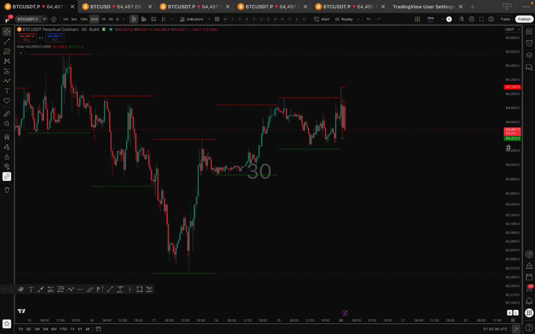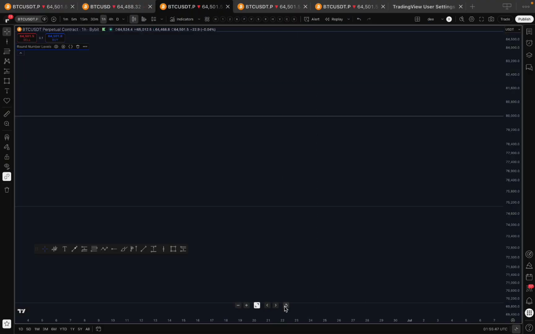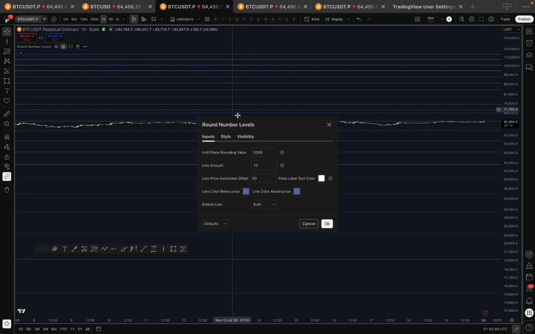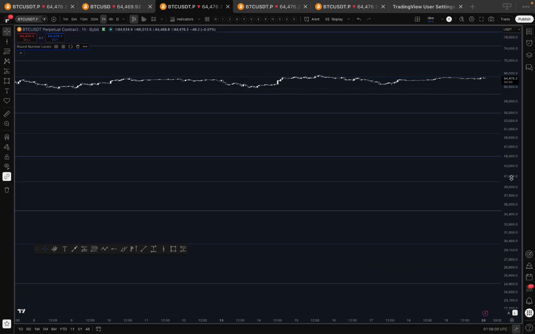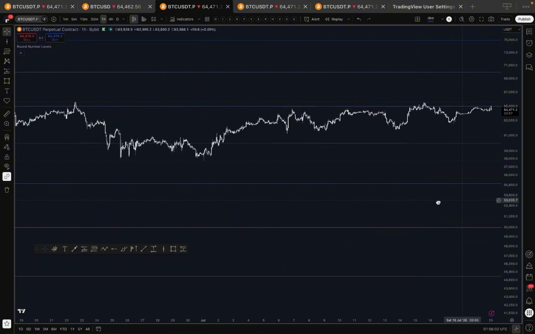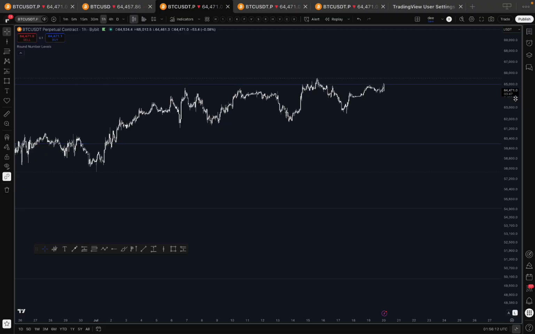Now, another area where you can spot high liquidity, other than previous day highs and lows, is round numbers. When I say round numbers, I'm talking about numbers like this. Now, this is an indicator for round numbers. I set it to draw a line at every 5,000 interval. You can set yours at 1,000, but I'm just setting mine at 5,000. So for every 5,000 difference, it's going to draw a line. That is for 10k, 15k, 20k, 25k, 40k, 45k, 60k, 65k. It's going to mark a level on the chart.